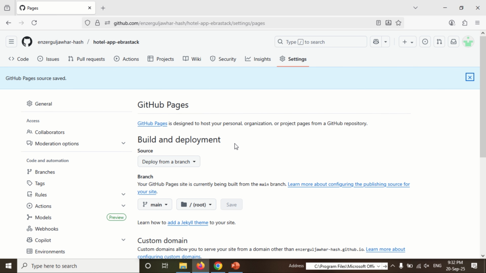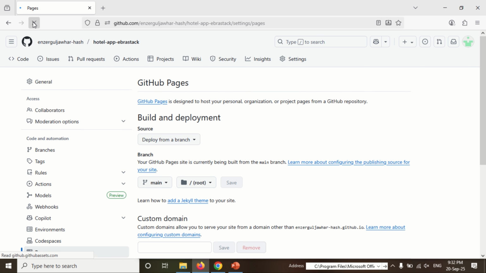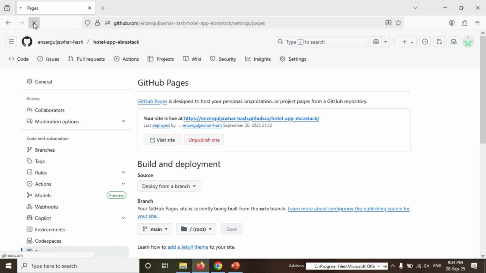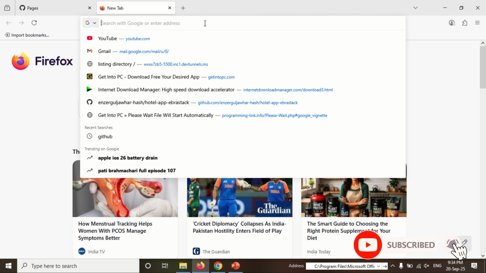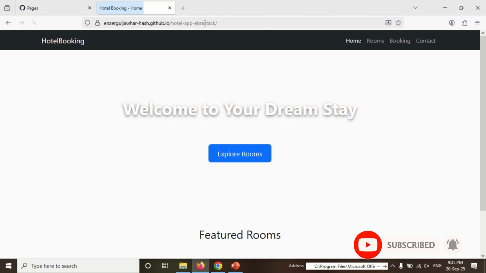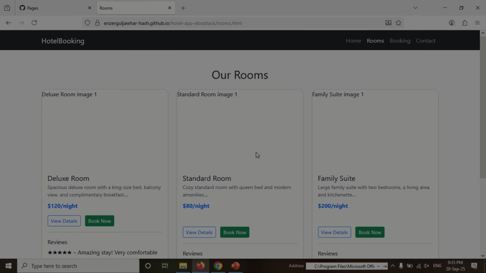Okay, so once you have saved this, just go and refresh several times, and that's it, friends. So as you can see, you have the link of your projects here. Go ahead and copy this, share with your friends so they can paste it in the URL and see what your project is about. Okay, so this is a project where you can actually explore the hotels and book some room. For example, if you click on our rooms, there will